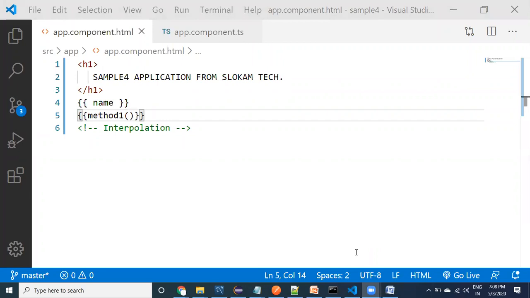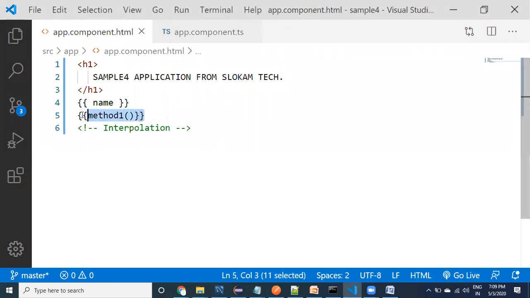Actually, a method is different and an event is different. A method is going to be called when an event occurs. A method is going to be called for a given event. Right now, by default, this method is going to be called. I will come to that in the next example, where you can understand the difference between an action, meaning an event, and a method.